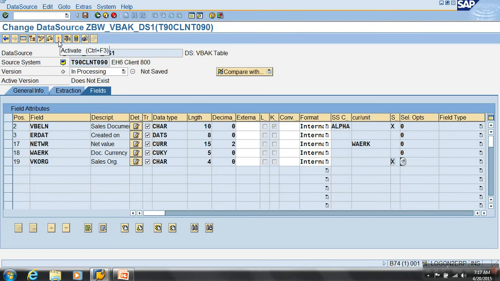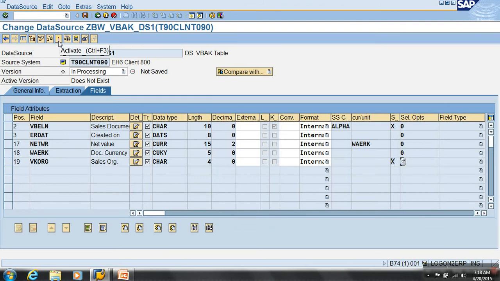it creates a transfer structure in ECC now. First of all, when you create a data source, we only see the extract structure and you did customizations. And when you replicate it, it has created a transfer structure in BW. When I activate the data source, it creates a transfer structure in ECC also. The extract structure in ECC will tell you what fields are to be extracted, and you should have a transfer structure in ECC to indicate, out of the extracted fields, what is to be sent to BW. And the transfer structure in BW will tell me what fields will be coming to BW.